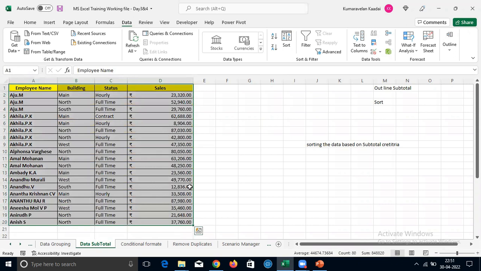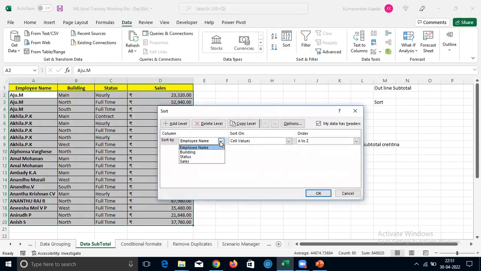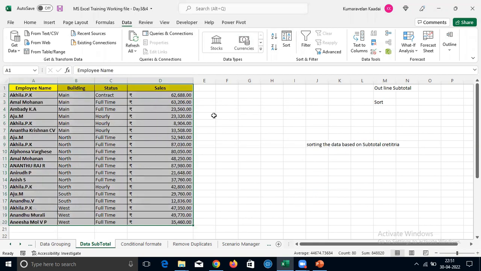Just select the entire data range and then go to Data. In that you can see the Sort. In this first level, you take it as building and then give OK. Before that, if you want subtotal for status also, add one more level and then give status, then give OK. Once you sort the data, then go to